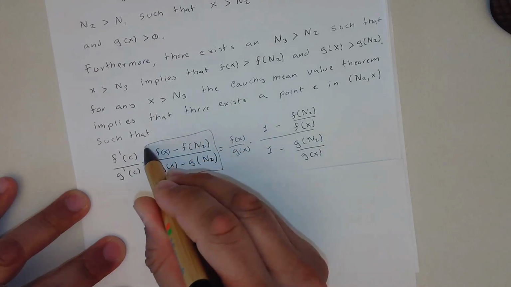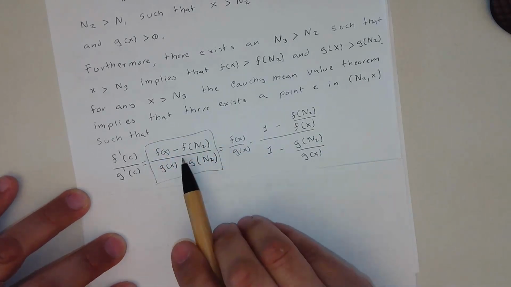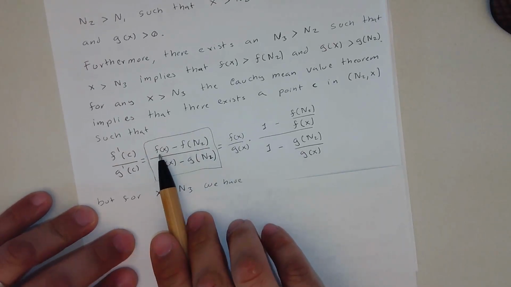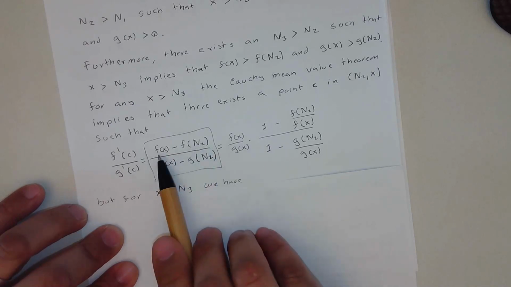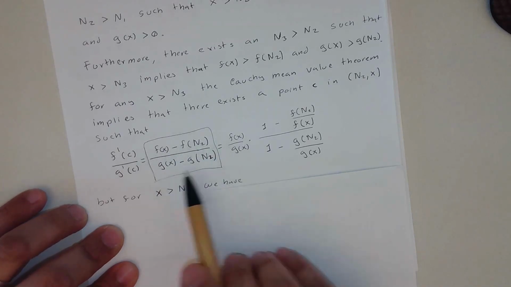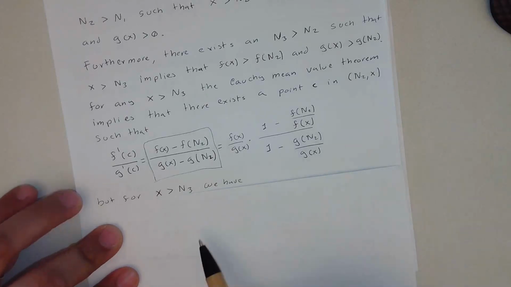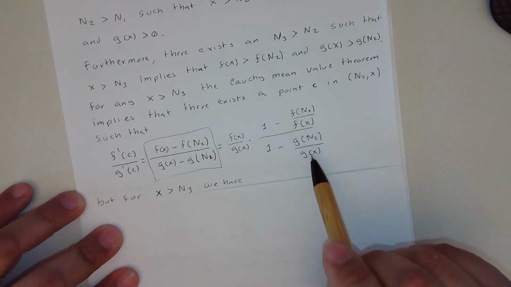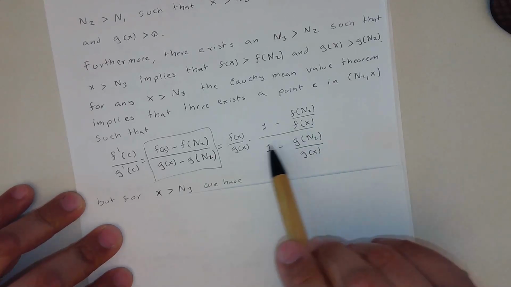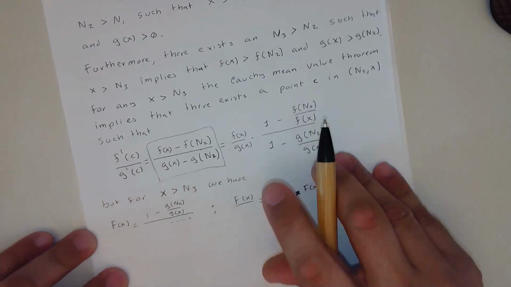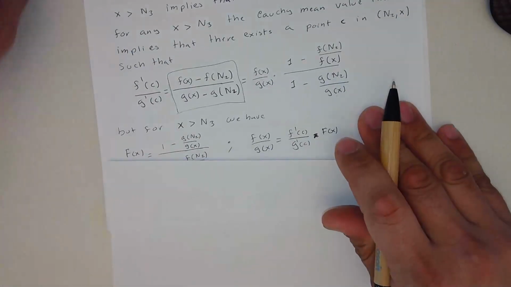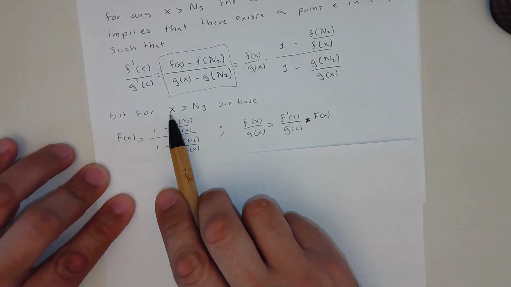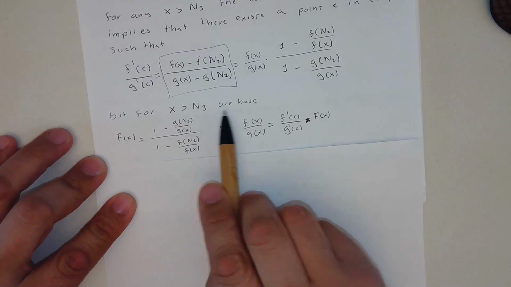This part is coming from the Cauchy mean value theorem, so you can see my video where this formula is coming from. And then if we subtract f of x from this function, we will have something like this, right? We will find 1 here because we have 1, and we have to divide it by f of x and g of x in both sides, and we will have something like this. So in here we see that for all the x that are greater than n3, we have